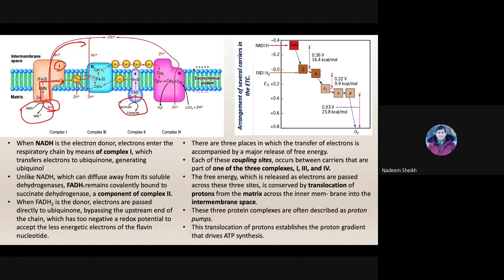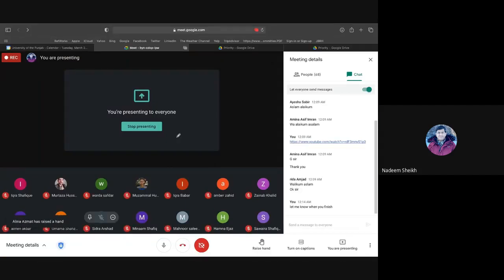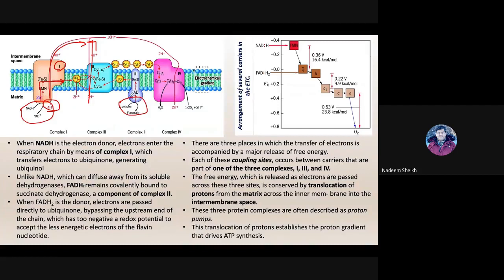As soon as the flow of electrons keeps on going, protons keep on moving out towards the intermembranous space from complex 1, complex 3 and complex 4. जहाँ तक कॉम्प्लेक्स 2 की बात है, this is the site जहाँ पे FADH2 के इलेक्ट्रॉन्स, FADH2 से इलेक्ट्रॉन्स हैंड ओवर होते हैं टू कोएंजाइम Q। अब कोएंजाइम Q से डायरेक्टली प्रोटॉन जाते हैं जो